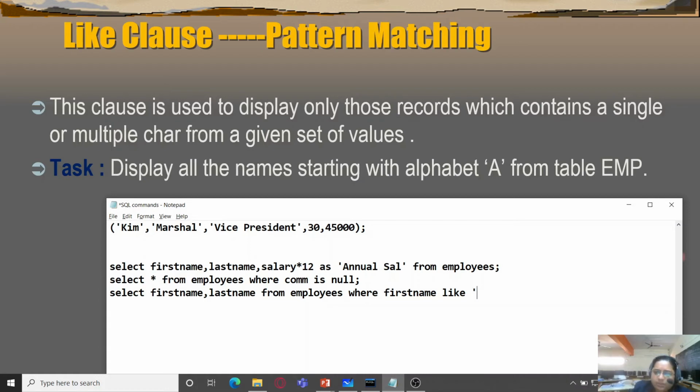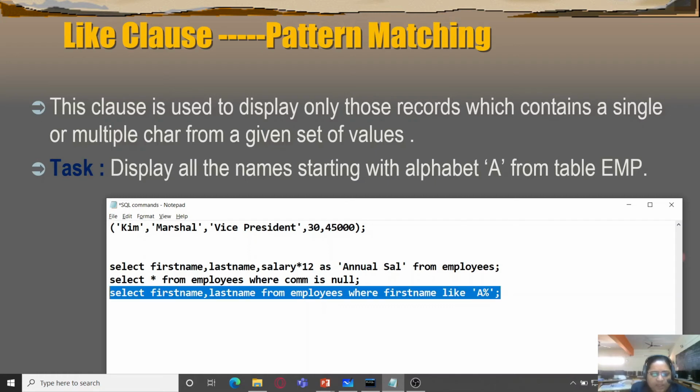We will not use equal to because equal to means exact search, whereas we are using an approximated search over here. So we are going to use like, that is, we are looking for all the similar values. So first name should be like capital A, and after that nothing is specified, that means any number of characters.